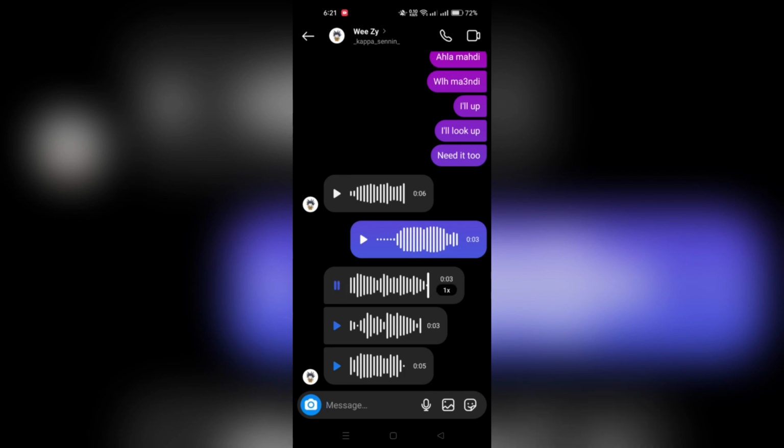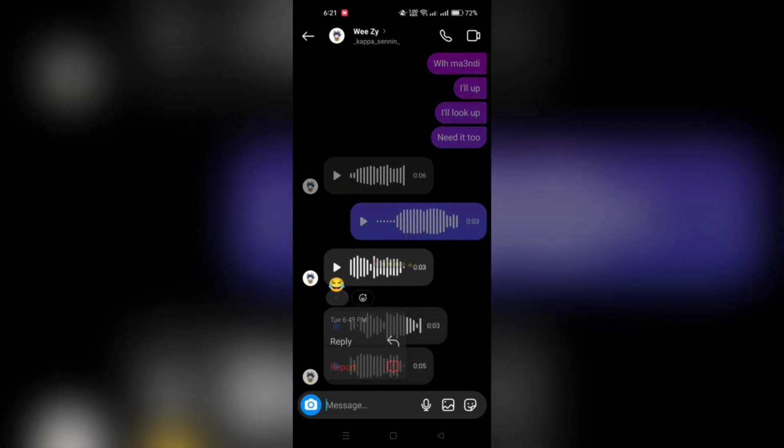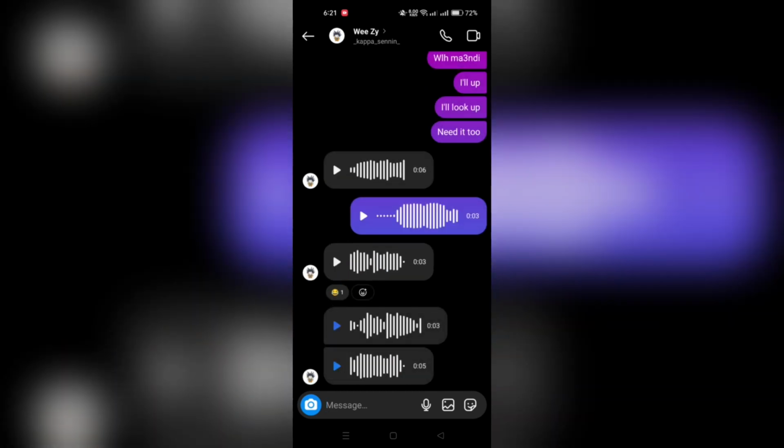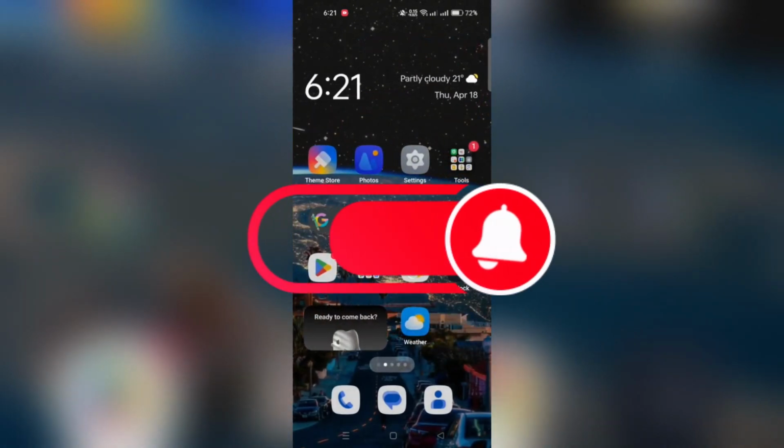Play the audio message in the Instagram inbox. Ensure you listen to the entire message. And stop recording once you've captured the voice message. The recording will be saved on your phone in video format. Now all you have to do is convert the video format to an MP3 file and you've downloaded a voice message from